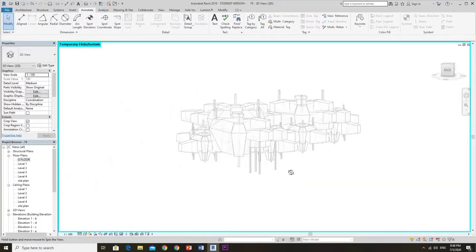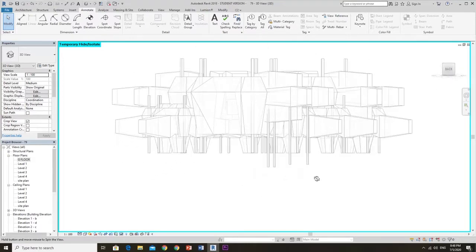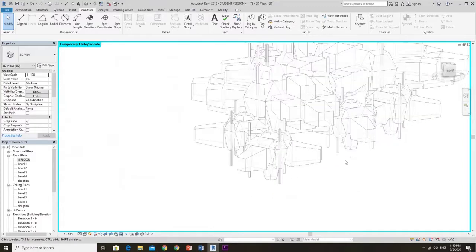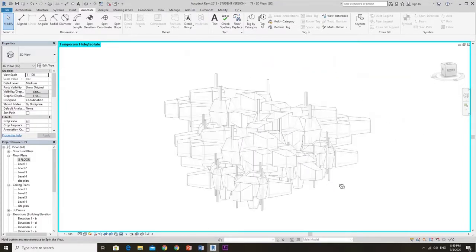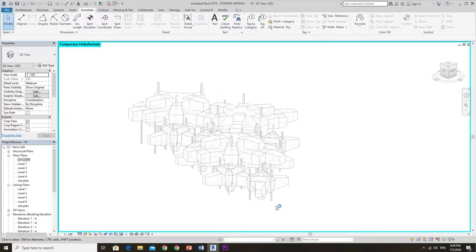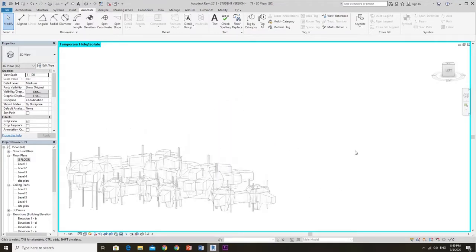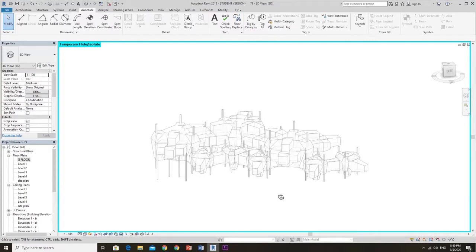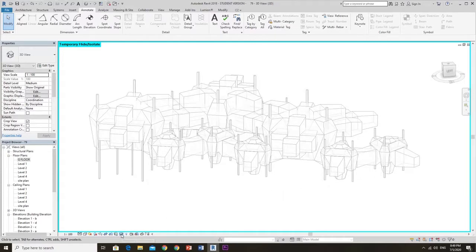The columns are quite pronounced because I wanted to show the repetition of using the recursive method by using a hexagonal column. So the entire building will look something like this when there is a hexagonal column as a support. So when we move to floor plan,